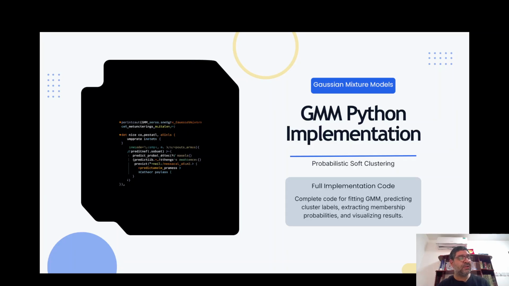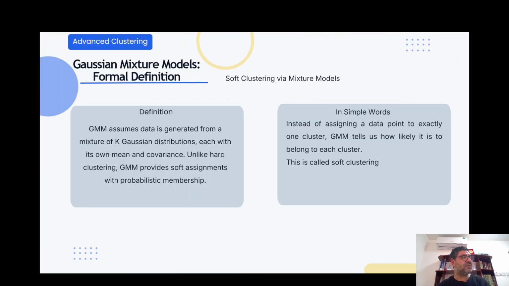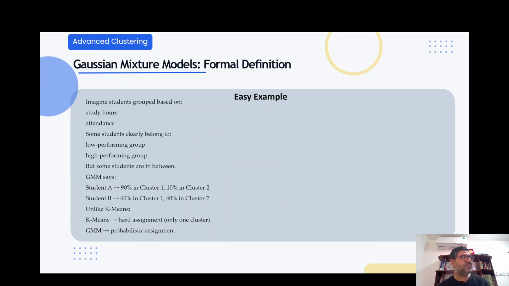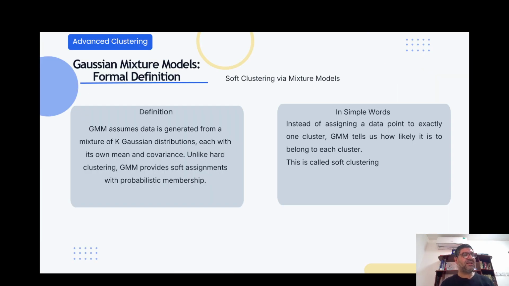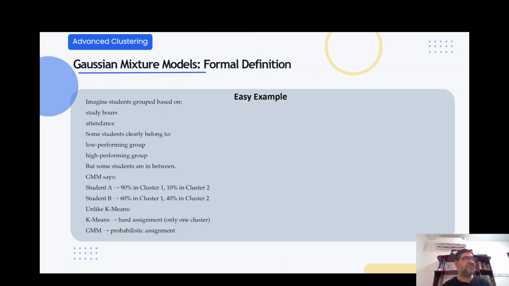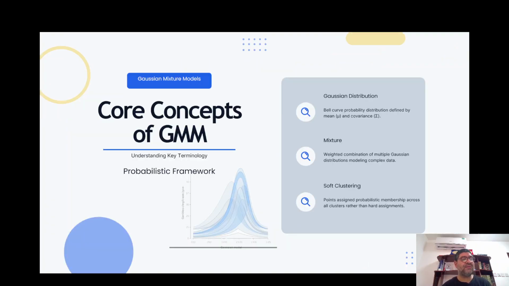example in Python. So first of all, I would just like to again go through this Gaussian mixture model a little bit. You can just see we have taken a definition of what Gaussian mixture model is. There is one huge difference, that it is doing the soft assignments, soft clustering rather than hard clustering, which are based on probabilities. And then there are certain concepts. We have given an example of this as well, for a student who can belong to this. So how the soft assignments are happening, and then there are a few concepts which are there, soft clustering,